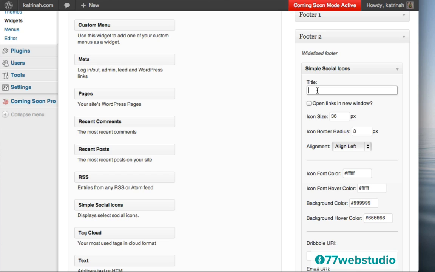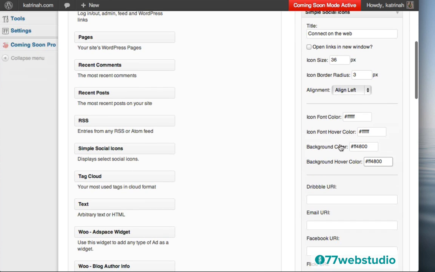Here you can add a title in this particular social icon section, so I'll just call it Connect on the Web. And then you can set the size, the border radius, the alignment. I'm going to keep these all as they are, but I am going to change the background color and the hover color. So staying consistent with the orange in the website, the orange that we saw for the default style sheet for this particular website, I am going to make the background color the same color as that, which I happen to know is this code right here. I'll post this in the event that you want to use the orange color as well.